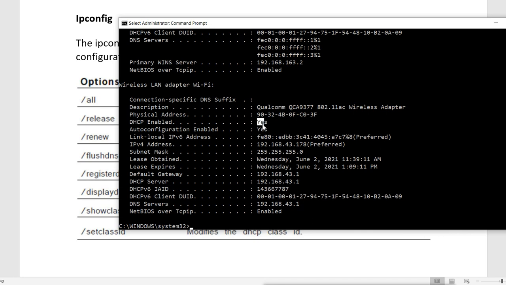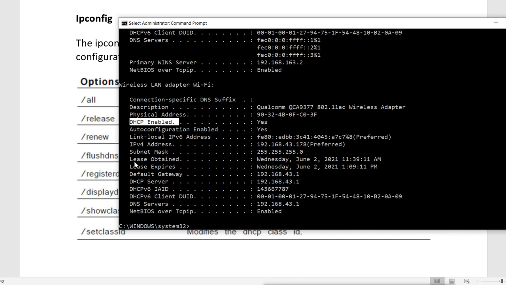It is saying that DHCP is enabled, and DHCP auto configuration is enabled, and this is the IPv6 link local IP address I have, and this is the IPv6 IP address I have with the subnet mask. Now when we get the IP address from DHCP, it is not for a lifetime, it is for the lease time. So it gives it on lease, and after the lease expires, it renews the IP address from the DHCP server.